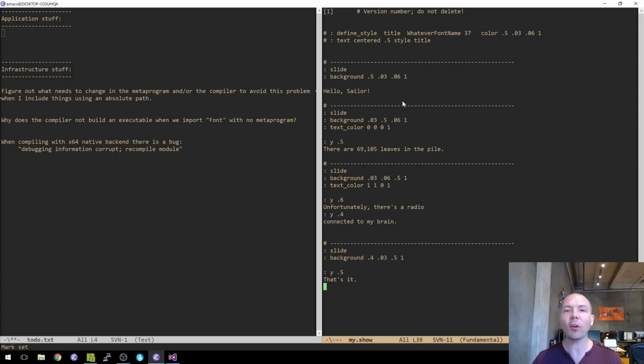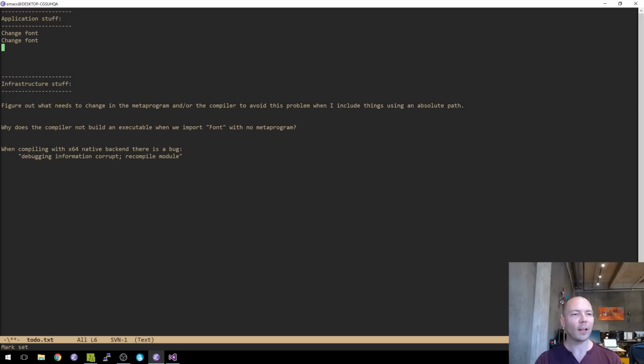Okay, so now let me start listing out things that I can't do yet that I would like to be able to do. Well, I'd like to be able to change font. I'd like to be able to change the font size for any given text. I'd like auto layout as I type multiple lines. Simple auto layout. So to illustrate that,